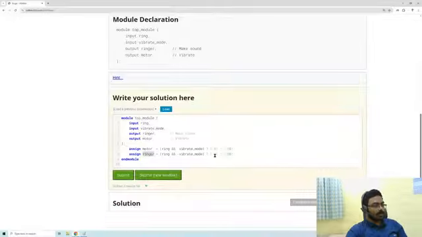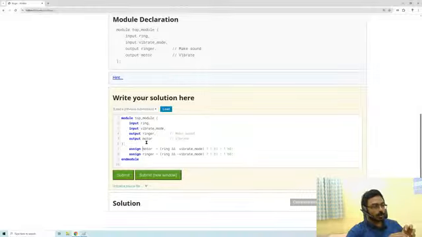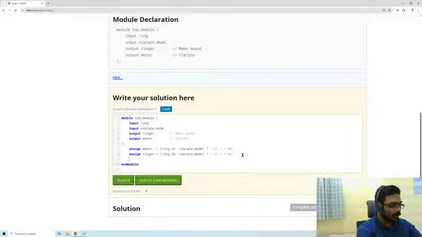Okay, anyway. So because there are two outputs, we cannot put them in one assign statement. We can actually. There is a way we can put them in one assign statement. We can say assign, we can concatenate motor, comma, ringer. So that also we can do. What we can do is assign